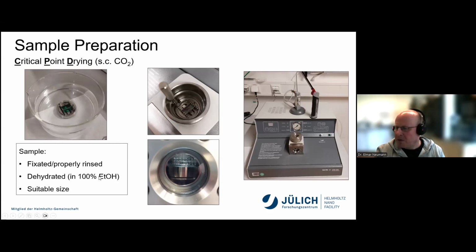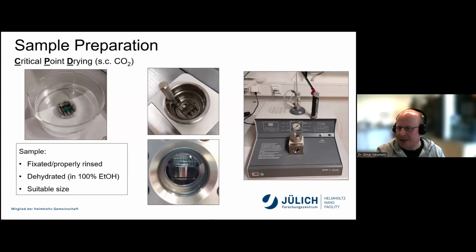The sample should be fixated and properly rinsed and dehydrated to 100% ethanol and should have a suitable size. So these samples here are in the sample holder already under the liquid, ethanol in this case. Then, again without falling dry, you transfer them into this recipient of the critical point drying machine, taking care that they do not fall dry under any circumstances. And then you close the lid and slowly and stepwise you exchange the ethanol